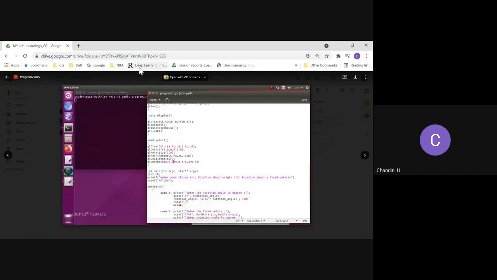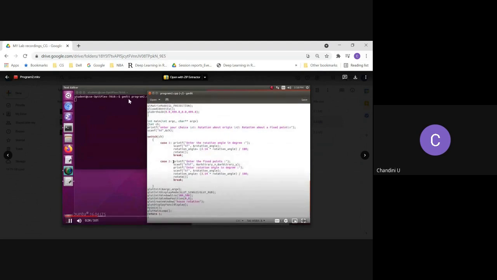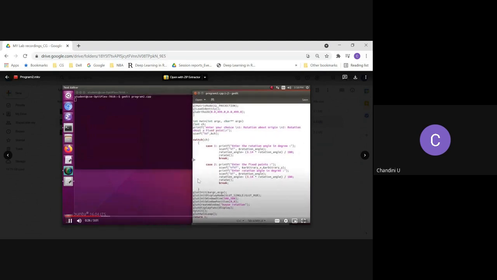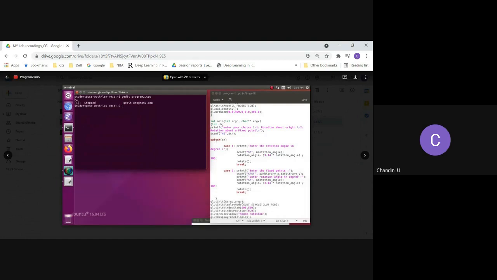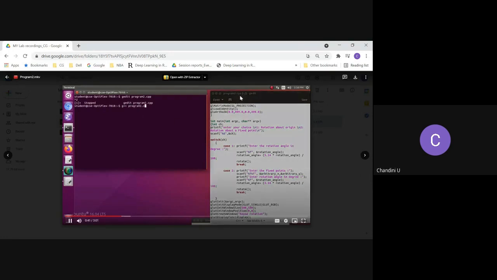So just showing the program. As you see, you can use the gedit command and then start typing the program in your notepad. Okay. Now let us see how to compile the program. The command is g++ program name dot cpp, and link all the GL libraries. Okay, GL, GLU and GLUT. Then give the running command ./a.out.